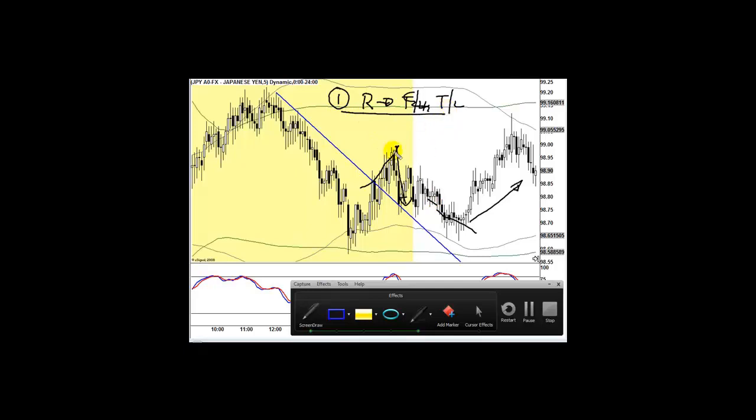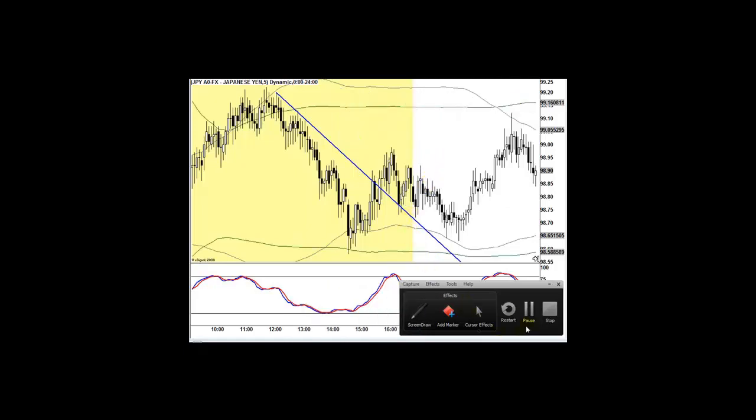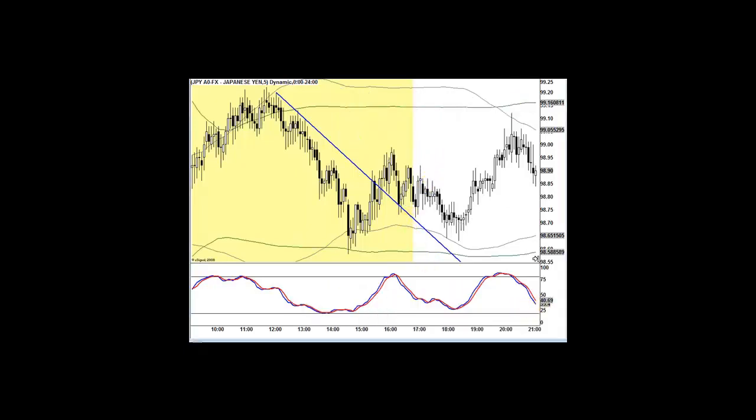The next one I'm going to talk about, number two, is retracement to a Fibonacci level. And very often these will coincide. So the retracement to the trend line and the retracement to the Fibonacci level will coincide and give the same entry point where you can enter the trade with a low risk. So let's talk about retracement to the Fibonacci level, and I'm going to use the same example that we have on the screen right now to demonstrate this to you, and show you exactly how we can go about this. All right, so now we're going to talk about retracement